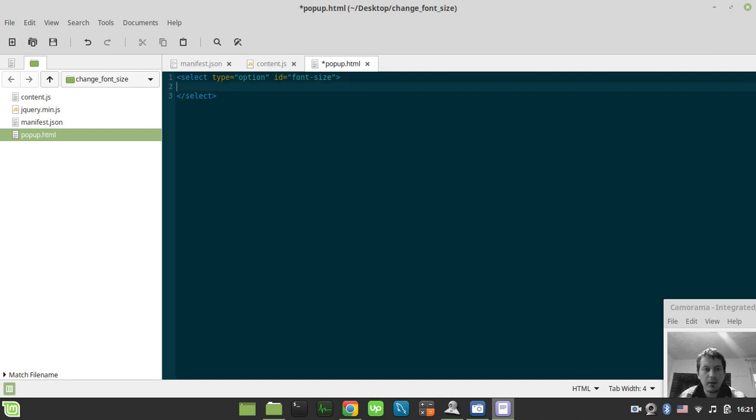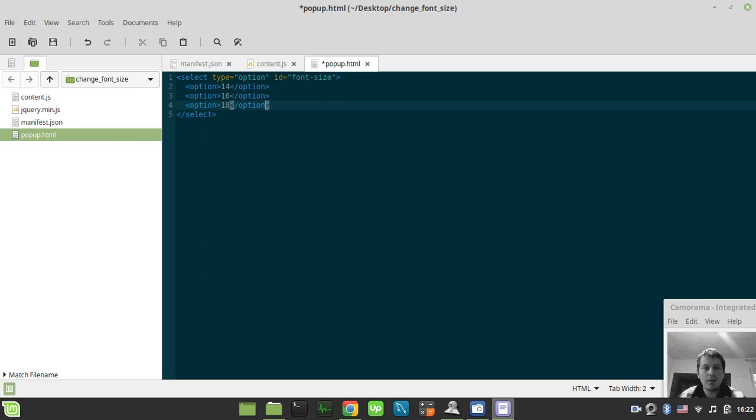And here we will be having the options themselves. So option, and these options would represent the font size in pixels. We'll start with 14 pixels here, option, and going up to 16,